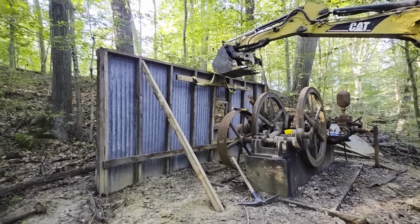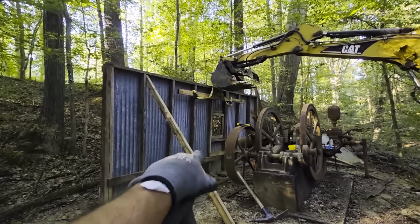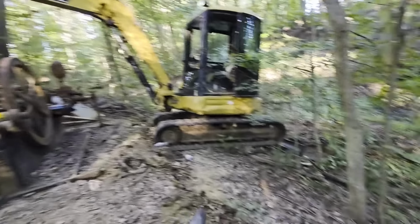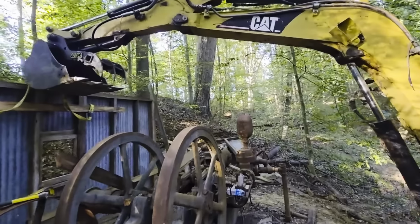Well, I got the two walls up, and I'm starting to lose daylight again. It gets dark in this woods pretty quick. I got this all ready to pick, so I'm going to get it up and out. Hopefully I can get around this engine without tipping the hoe over. Get it up to where I can get it up to the grapple truck and pull it up the hill,